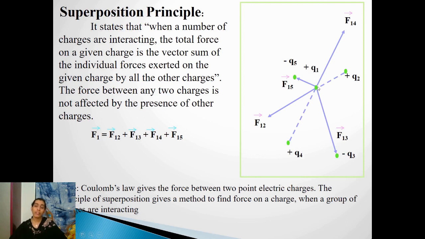Here we have to consider the vectors. For an example, I just mentioned the magnitudes of the forces, that is 5 Newton, 10 Newton. But when applying this practically, you should always consider that the force exerted on one charge due to multiple charges will be the vector sum of those individual forces. Fine, so this is regarding the superposition principle.